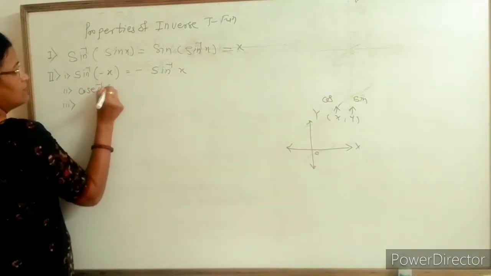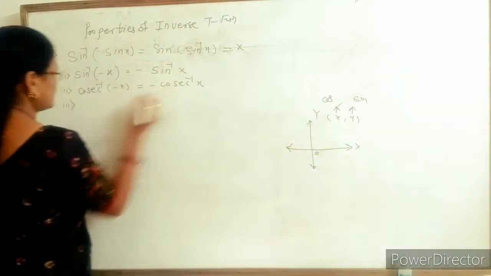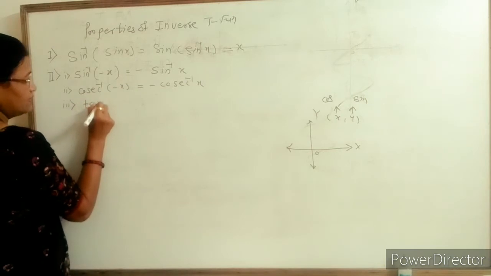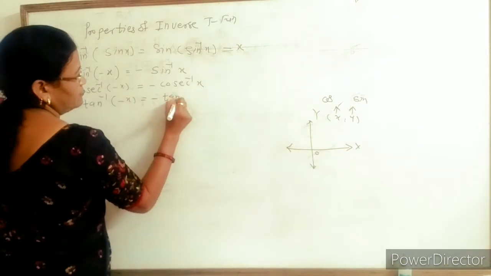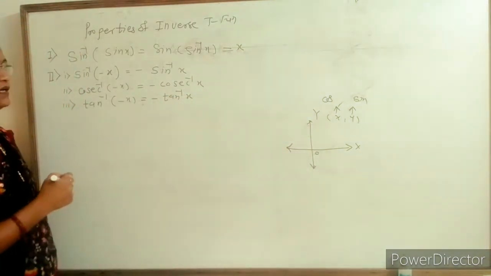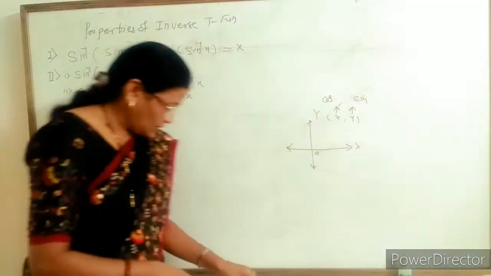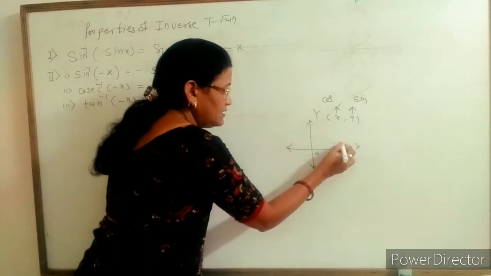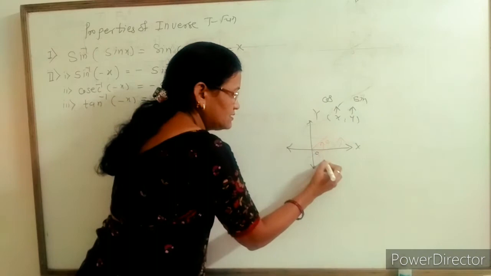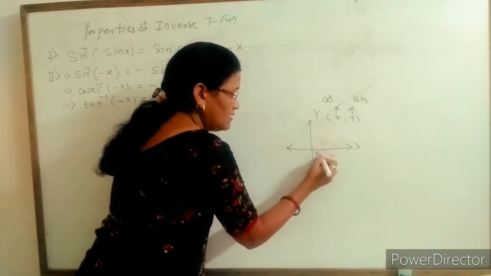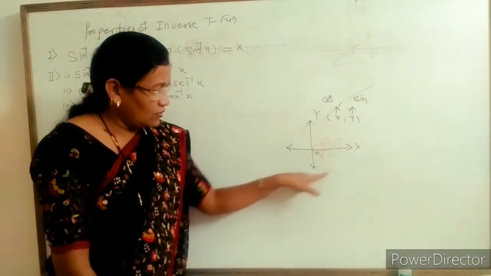Then cosec inverse of minus x is again minus cosec inverse of x, and with the help of this we find the value of tan inverse of minus x. Again that is minus tan inverse x. Now by using trigonometric ratios of negative angles, as we take rotation of an angle measured in the anti-clockwise direction, we take that angle as positive, and similarly for measurement in the other direction we take minus theta, as we measure that angle along the clockwise direction.